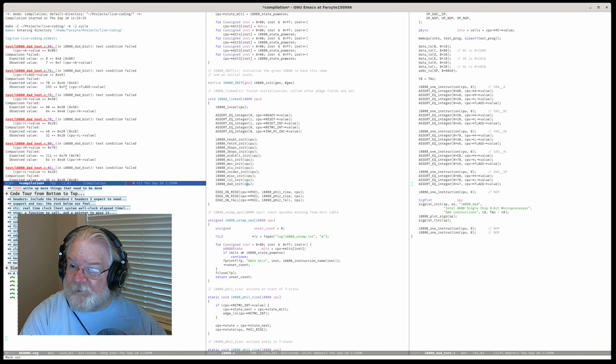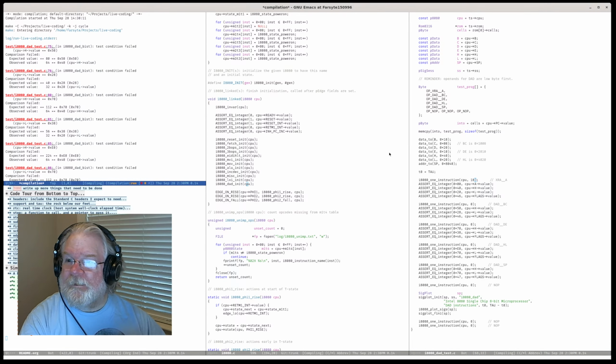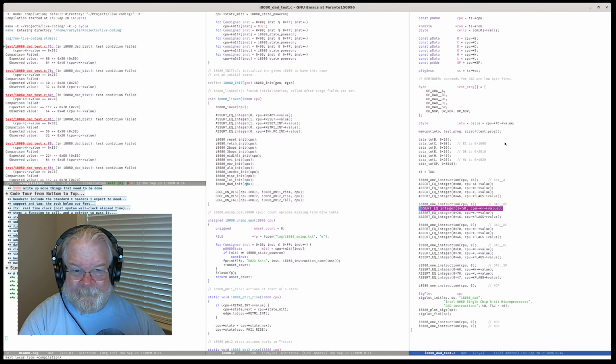So you notice that all of these guys are saying expected value is 46. XRA should be working. Right, I have to step forward a few more clocks because XRA doesn't commit its results until T2 of the following instruction.